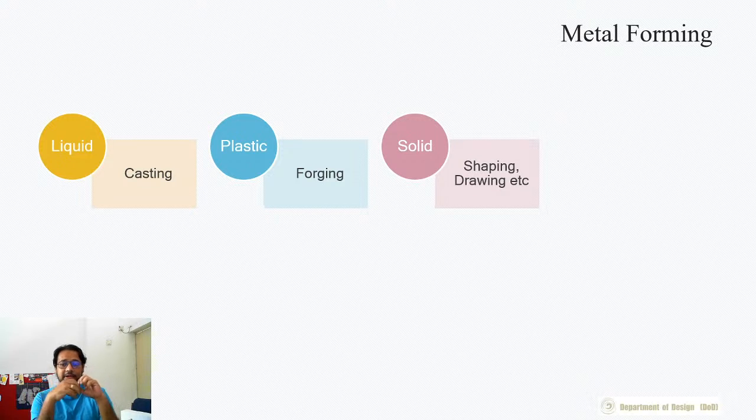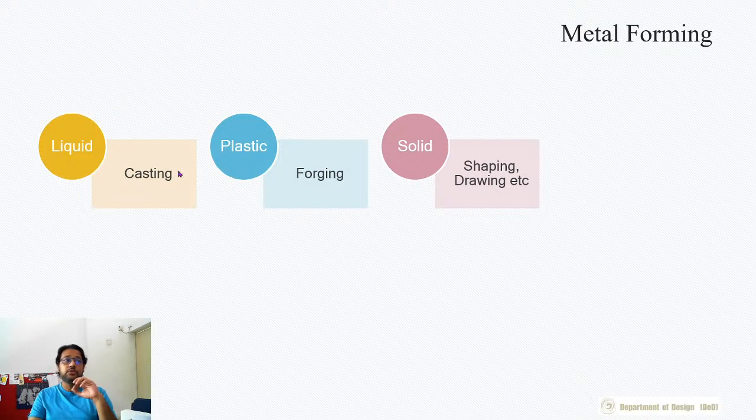By forming, I mean you give the whole block of metal a certain shape by pressing it with enormous forces. So when the metal is perfectly solid, at room temperature, or probably slightly elevated temperature, you can do these processes called shaping and drawing to form the metal into a certain shape. We will take a look at these two